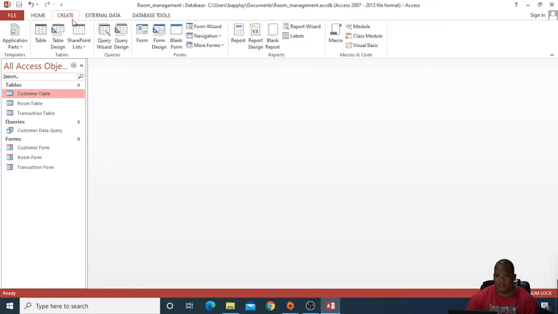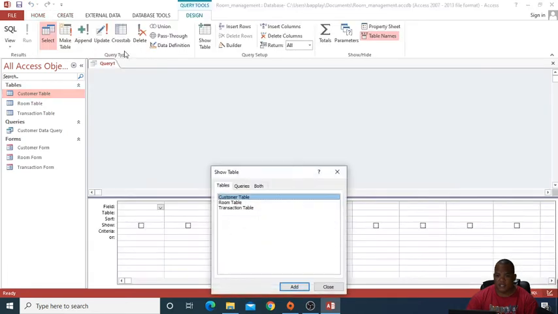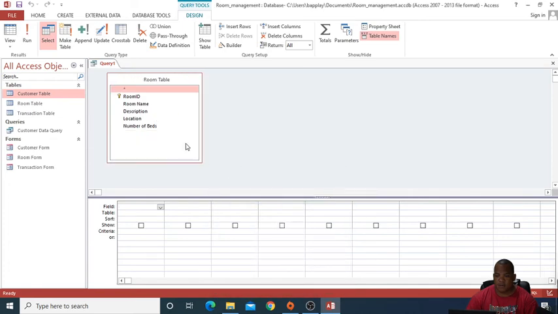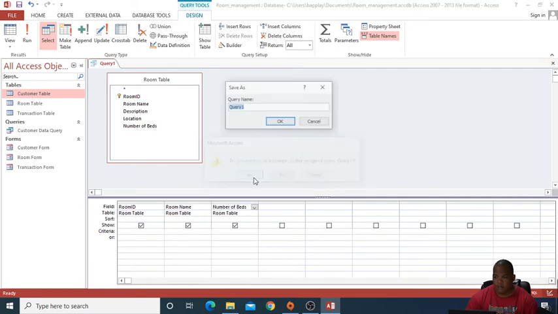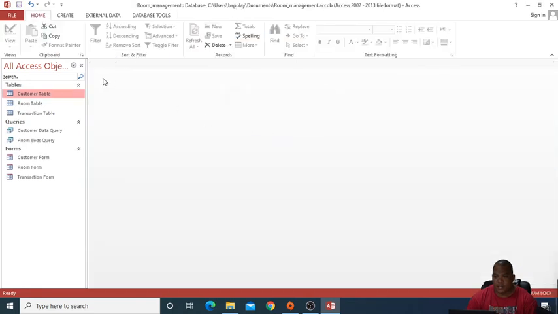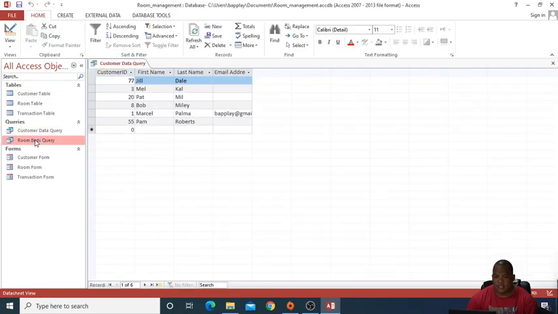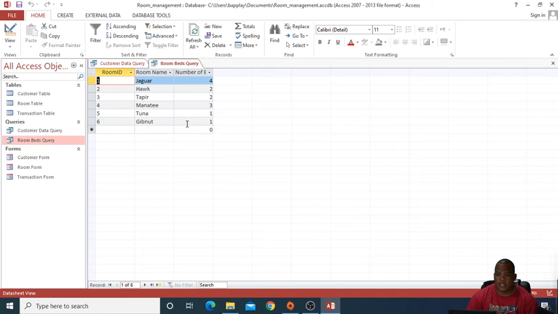So again, it's Create, Query Design, Room, and I want room ID, name, and let's say number of beds. Save query as room beds query. And now when I double click that, it gives me the rooms and the number of beds